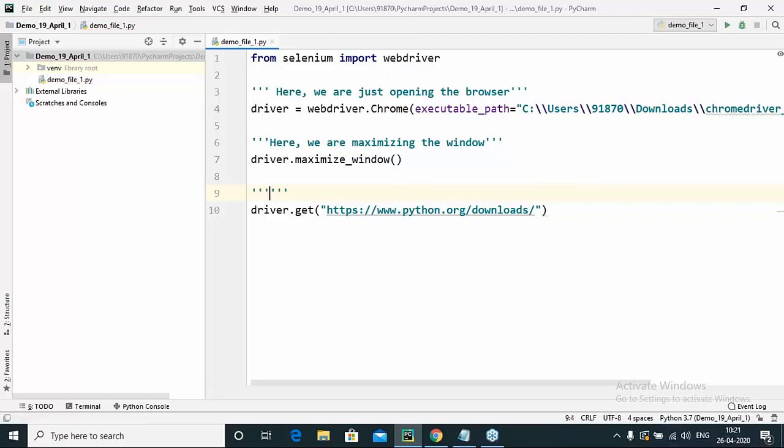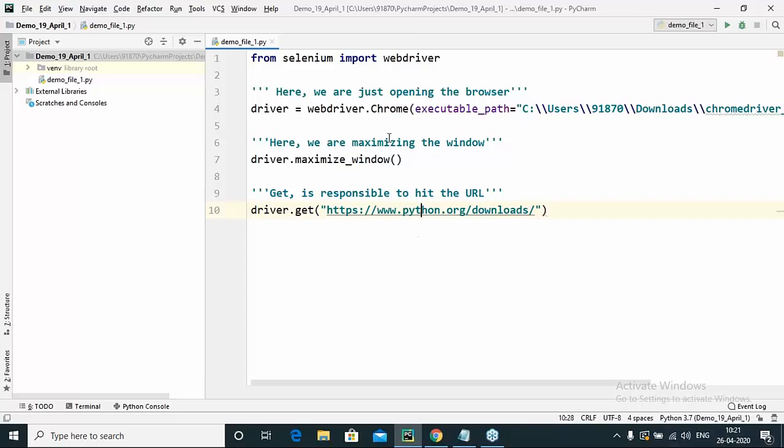Then a very important command gets into the picture, which is called the get command. Get is responsible to hit the URL. Using the get command, we actually land on the web page that we have to work on.